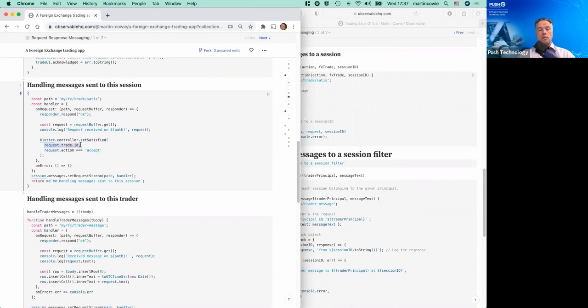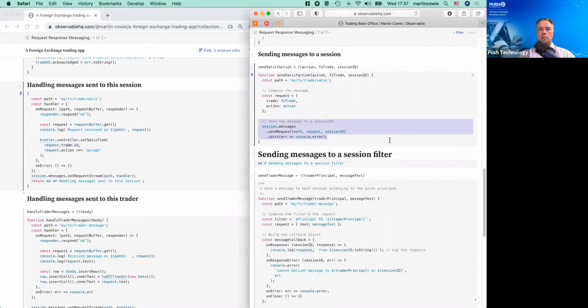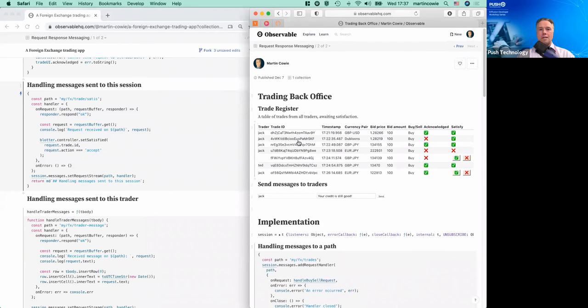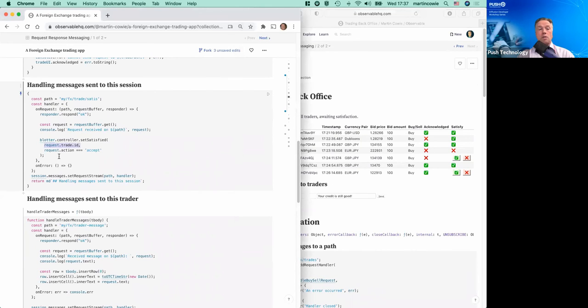This is the trade ID. The trade ID is this thing here. I did use GUIDs to start off with. They're just too long. They take up too much space and they just make the user interface unwieldy. This is, to be honest, even kind of unwieldy, but it gets the message across. Every trade has a unique ID, and we use that ID here to update the user interface and say the trade ID ABC123 has or has not been accepted. So that's the second part of the second